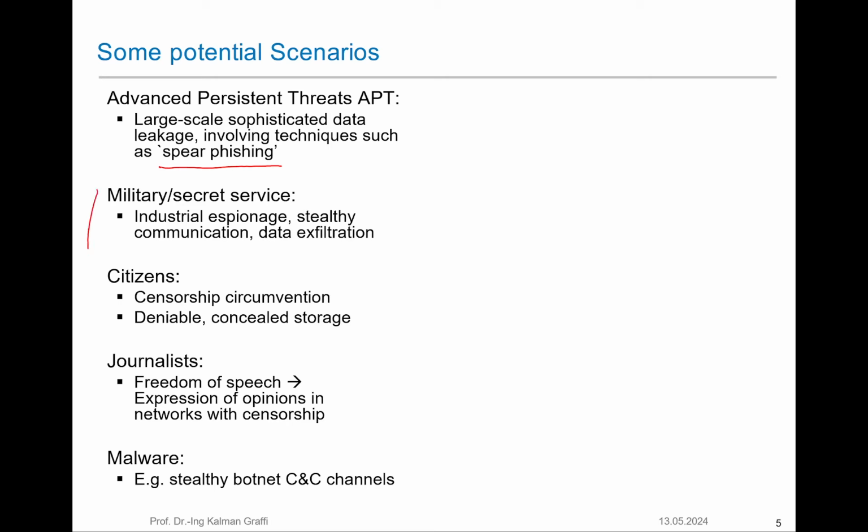Obviously, also Secret Service, military, espionage, stealthy communication, data exfiltration is an issue. In some countries, also censorship convention. So, if in some countries it will be forbidden to get information on specific topics or political issues or external media, then you could try to get this information through these means, through steganography, and you want to have some deniable